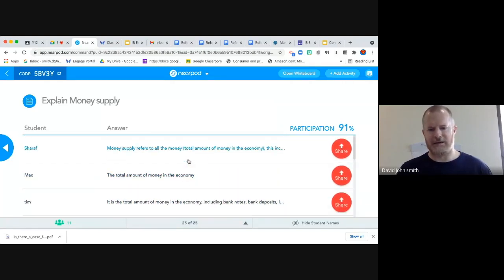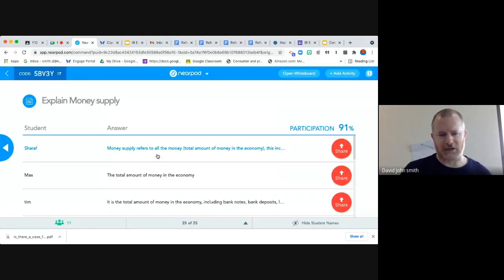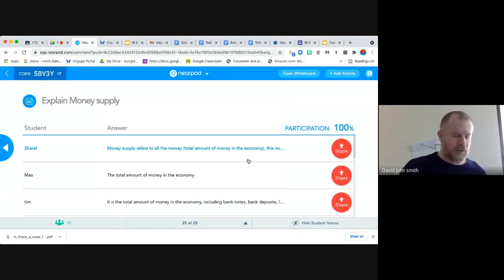Right. We need as much clarity as we can get in some of these definitions, because we're going to run into real world problems when we're applying them. So we need to make sure that we have mentioned things like the bank deposits, the bank notes, the coins, the credit, the loans, because there will be aspects of our economy that aren't therefore included within the traditional idea of a money supply. Okay, and therefore we're going to run into some problems with the implications as to what that might mean.